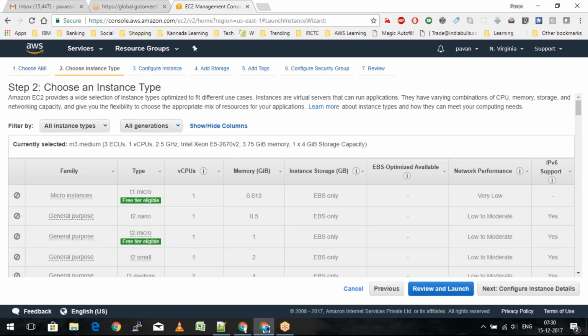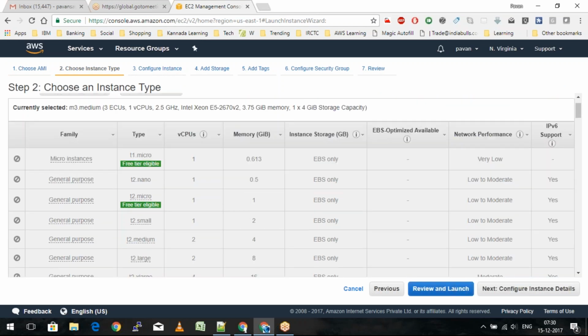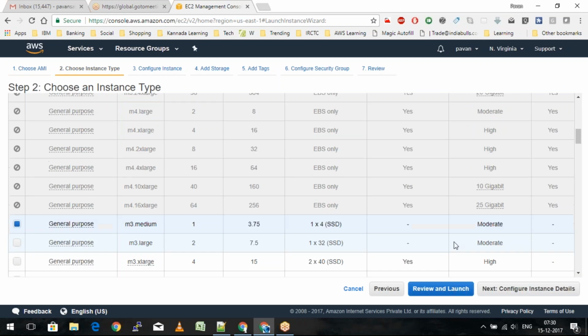Mostly we might not get a part of the free tier here. So I'm just going to go ahead and pick up one of the instances for the purpose of this lab.